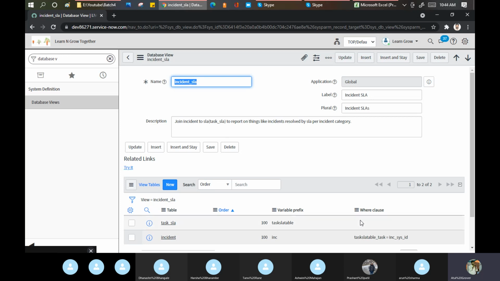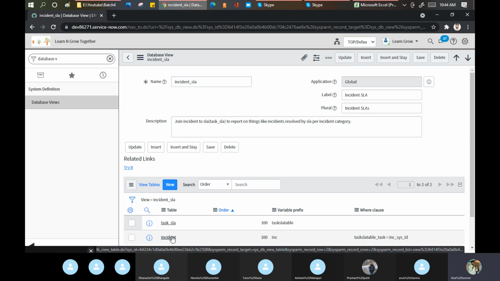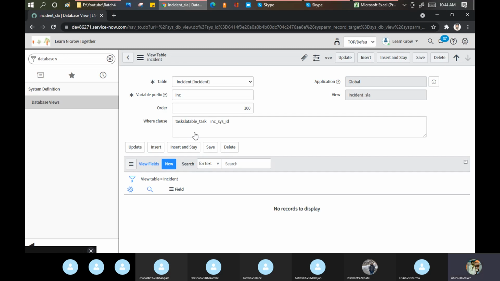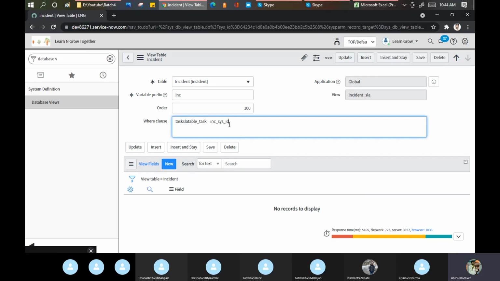Same thing we are doing here as well. Where clause. What is it saying? That if the sys ID on the incident table matches the sys ID of the task table, only then run this report or only then bring those records. This is the where clause.